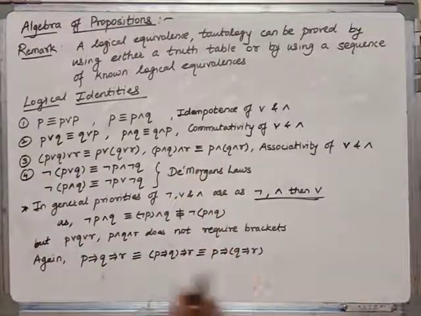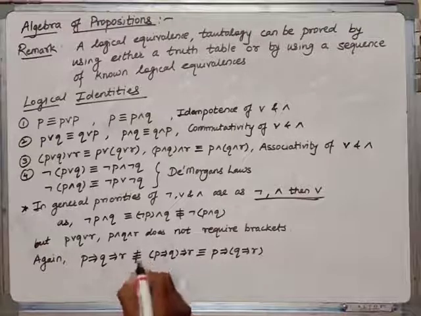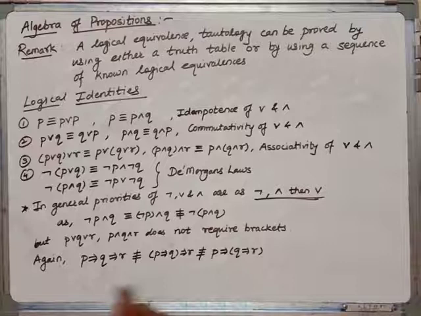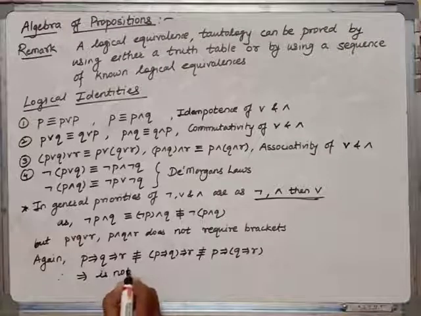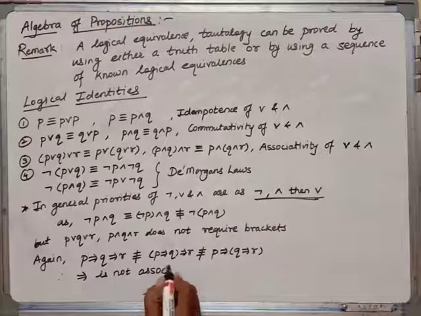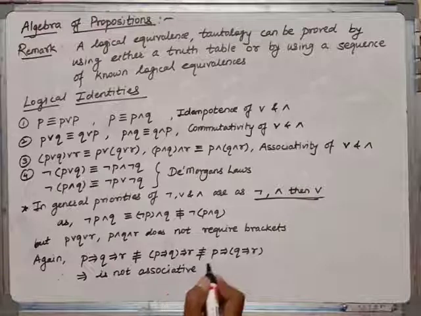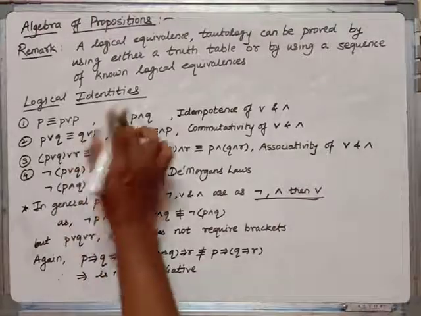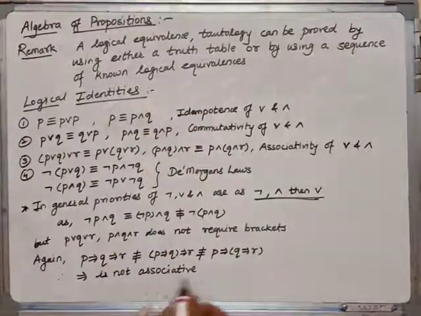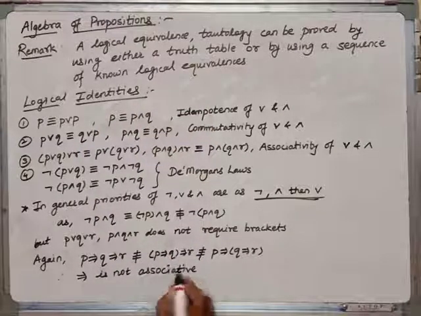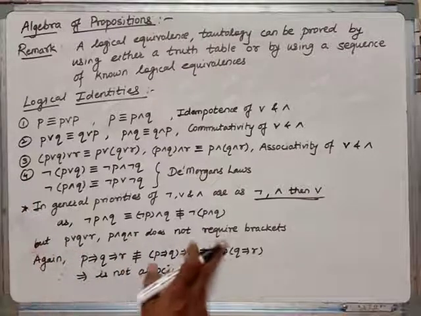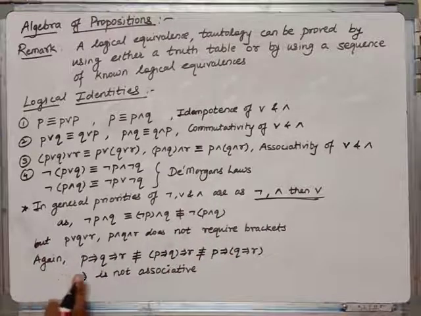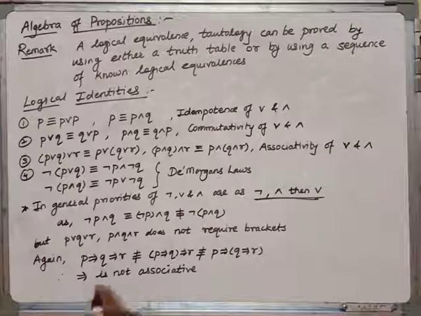But what about this? Are they equivalent? So the answer is no. These are not equivalent. So here I can say implication is not associative. We will prove this after writing the logical identities. We will prove this using a truth table. Okay. Now we had written the fourth logical identity. This is my job to tell you what about the parentheses and all, and also implication is not associative. Now we will check it here.